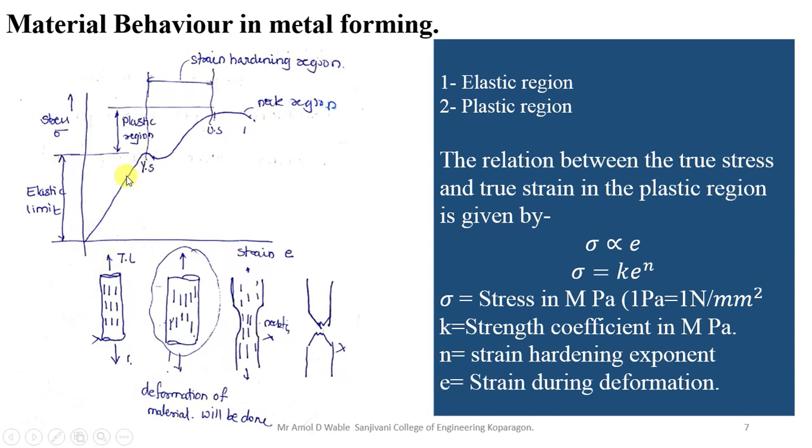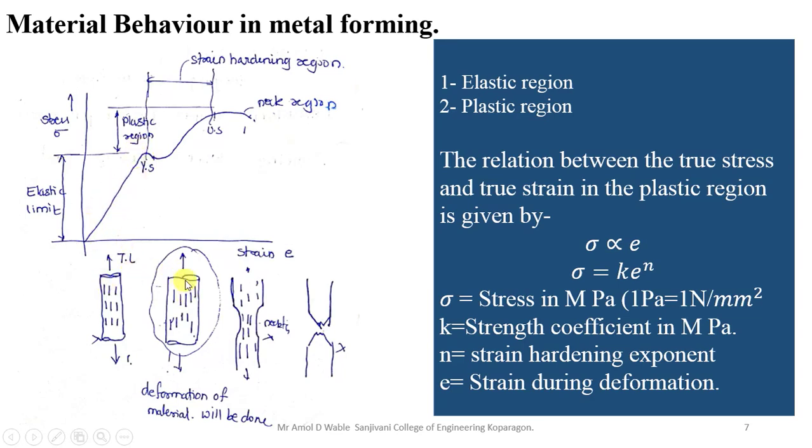So you can define the same phenomena on this graph. Here the stress is going to increase with respect to the strain on the x-axis. So up to a yield strain, or here there are the points like A, B, C. Up to point A, we can call it the elastic limit. So whatever phenomena we have observed right now on this part will be defined within this elastic limit.